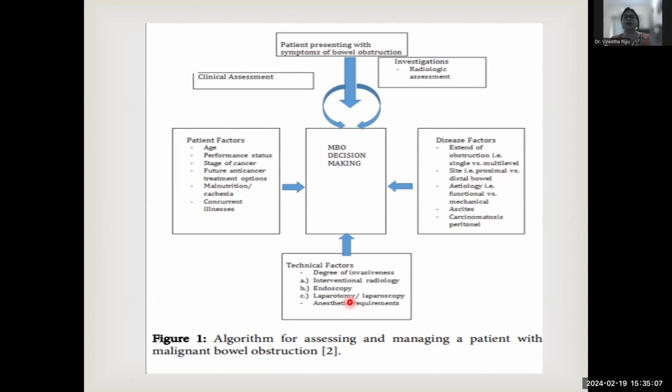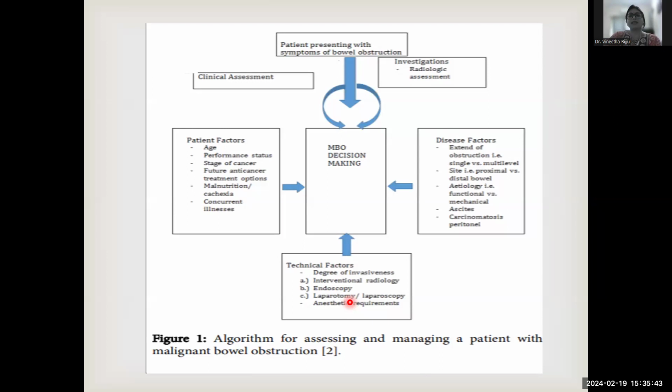Now, the future anti-treatment options. If the patient is in the early phase of the disease and the patient now, because of the obstruction, the physicians have suspected, okay, now the disease is getting a little worsened. So let us shift the treatment to probably another protocol of chemo so that the disease can be brought into control better. So understand what is in plan for the patient. Is the patient malnourished, cachexic? If the patient is malnourished and cachexic, your patient is not going to tolerate any surgical procedure.